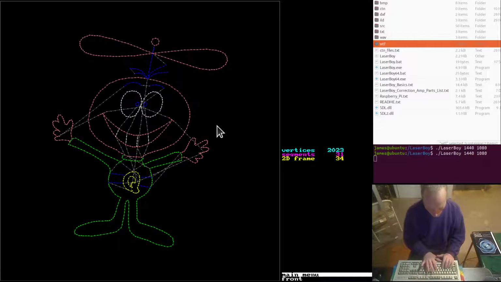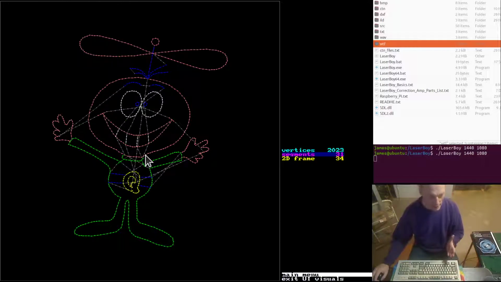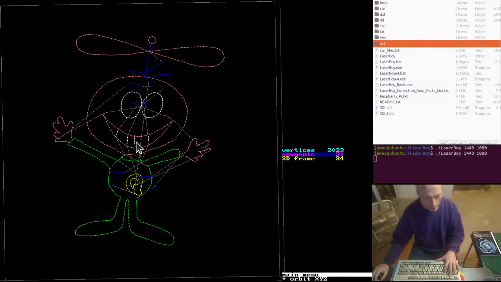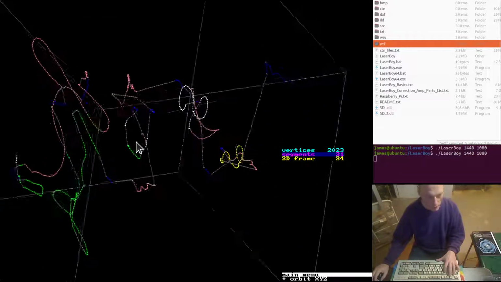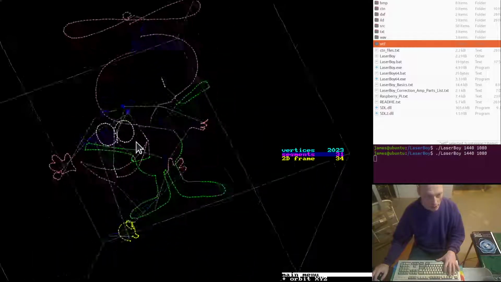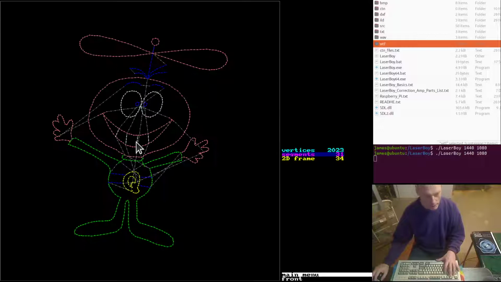But in the user interface visuals, we can turn on this G, which displays the vector order in Z. So we hit G, and now it's on. And you can't see anything now because you're still looking straight into space. But now when you turn it, you can actually see the order in which the vectors are drawn. So here's the straight on view,